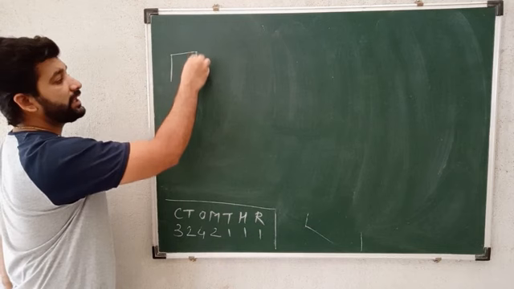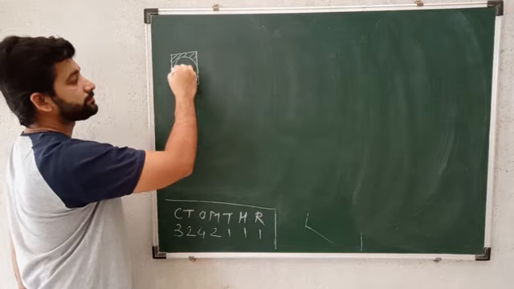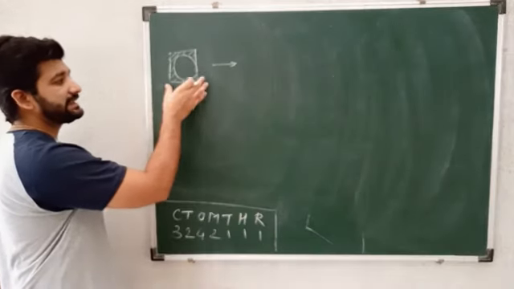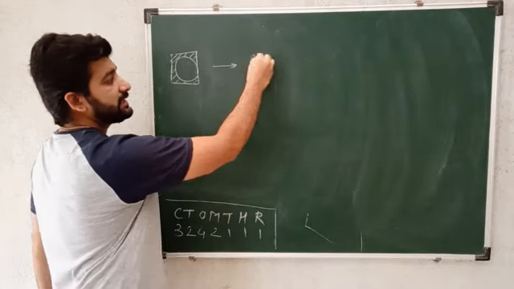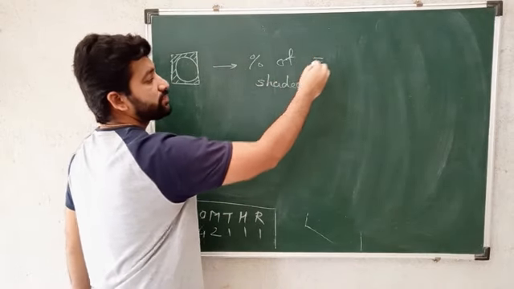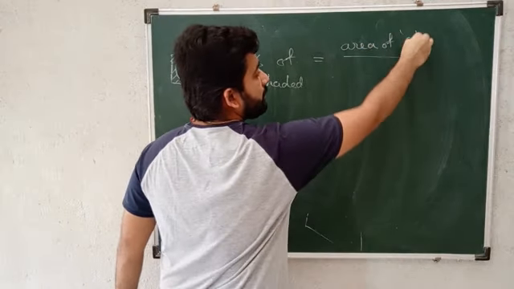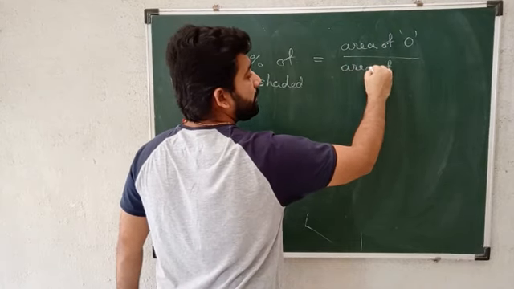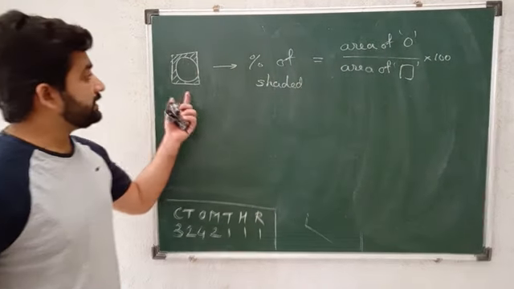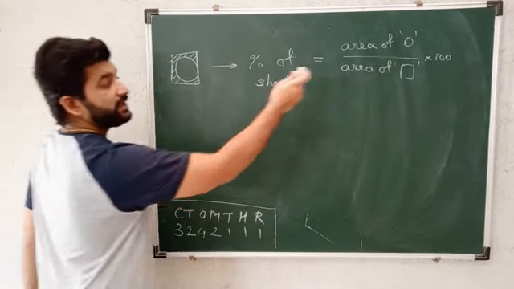if I am having a two-dimensional structure like this, here I am having a circle and a square, or let's take this shape. In this I want to find out the percentage of shaded region. Percentage of shaded region. So what I am going to do is area of circle divided by area of square into 100, right? In this 2 dimension we are using area, but if this is in 3 dimension, then we will use volume